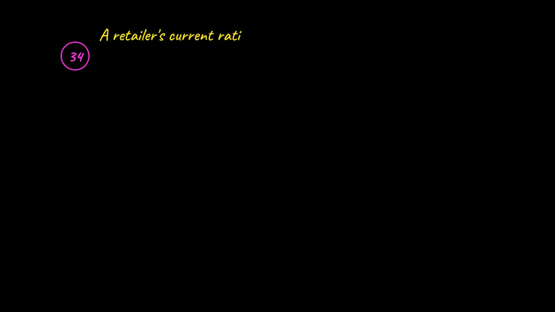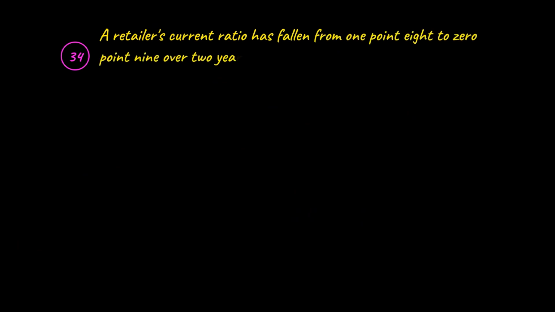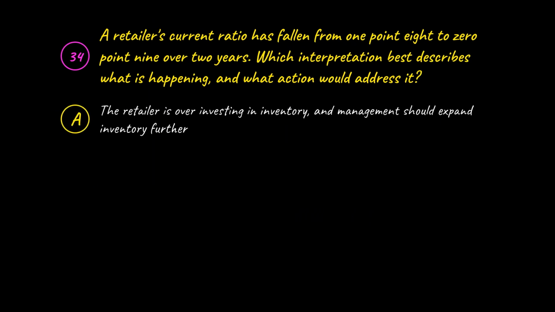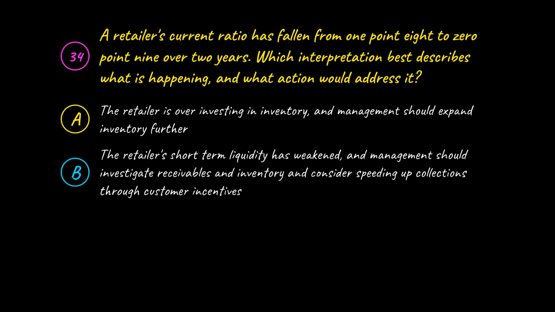Question 34. A retailer's current ratio has fallen from 1.8 to 0.9 over 2 years. Which interpretation best describes what is happening, and what action would address it? Your options are A. The retailer is over-investing in inventory and management should expand inventory further. B. The retailer's short-term liquidity has weakened and management should investigate receivables and inventory and consider speeding up collections through